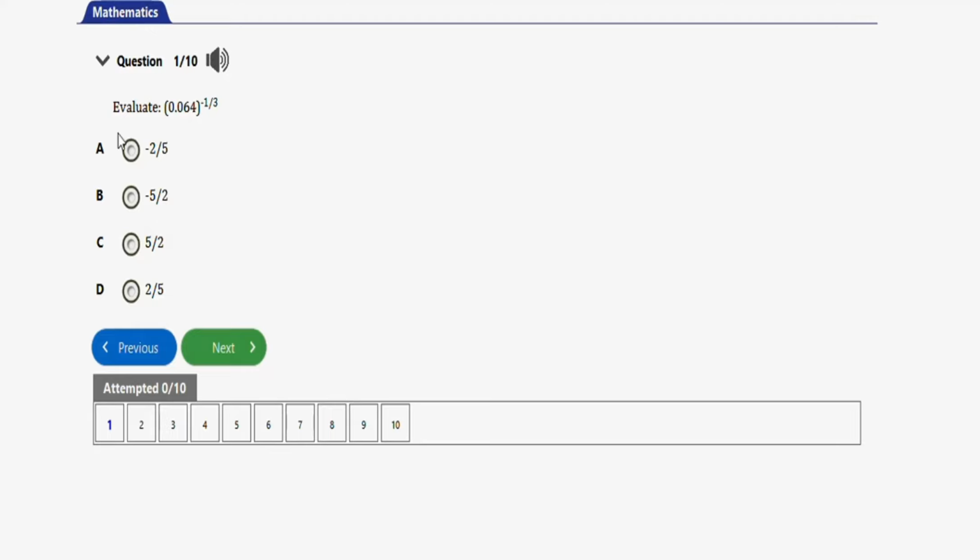So the first one I have here says evaluate this 0.064 in bracket the power minus 1/3. Alright, so before I get the calculator to show you guys how you can do this with the calculator, let me just show you how you can get the answer manually. Alright, so for this question, if this question happens to come out in theory, this is how you solve it. So we have